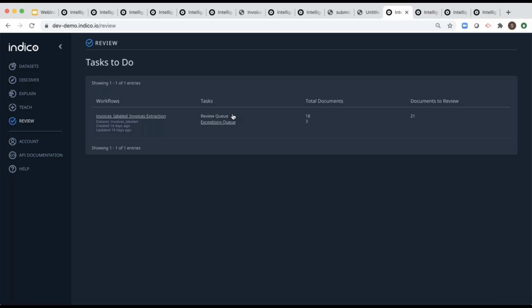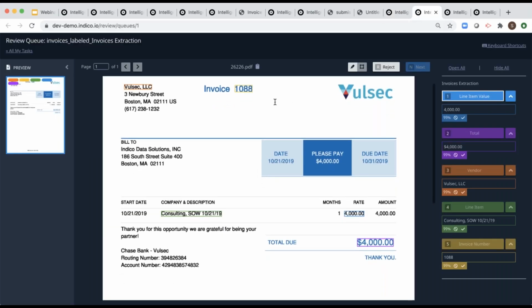And in review, we have two separate queues here. The review queue, which is for any person who has reviewer in their role, or managers and analysts. And the exception queue is where there's something going on with the document that requires a little bit further intervention and a little bit more subject matter expertise in what's going on with the workflow itself, and maybe other nodes, meaning like the classification, understanding what is a bill of lading and what is an invoice and how they pertain to each other. So launching into review, we'll see here we have an invoice at the top, and I'm